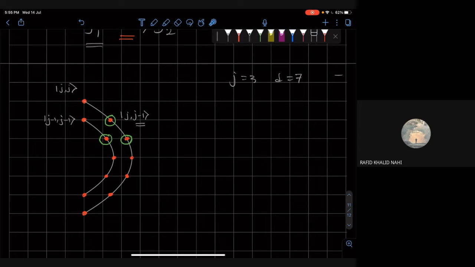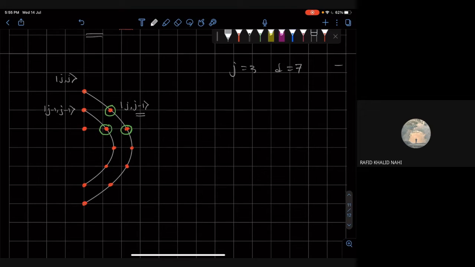So, but then what I do is that, given the information I have about this state and this state, I can easily create the state here, which will be orthogonal to both this state and this state. Okay. And this state is going to be j minus 2, j minus 2. It'll be a maximal weight state for a new multiplet, okay? And that new multiplet,